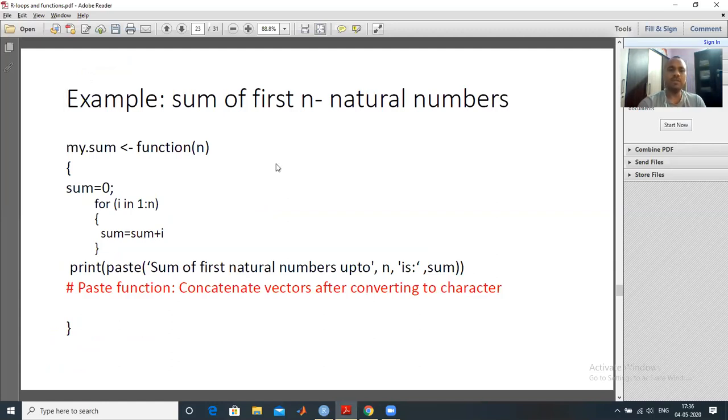So another example is the sum of the first n natural numbers. Suppose we want to find out the sum from 1 to n: 1 plus 2 plus 3 up to n. So this is the logic. What is the logic here? For example,